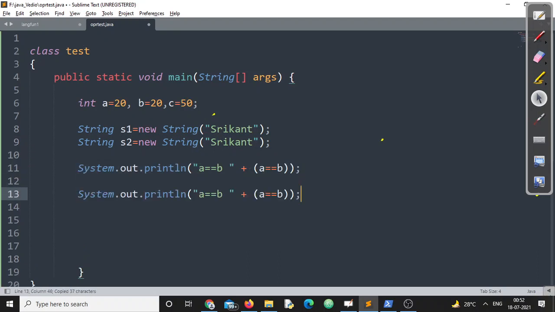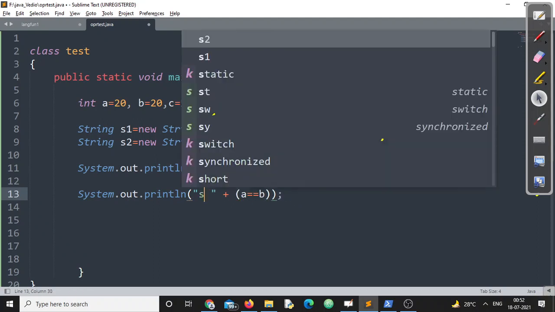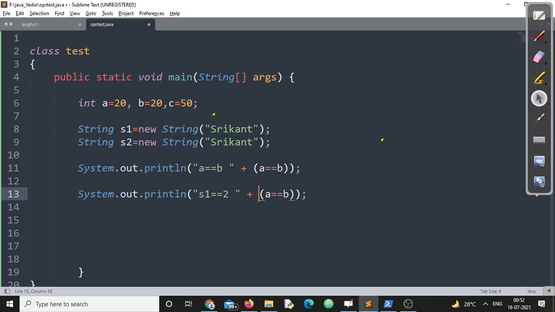First one is the primitive, second one is the reference type. So we are doing S1 double equals to S2. For relational operators, make sure these operands are invalid, but for comparison operators, these operands are valid, right?